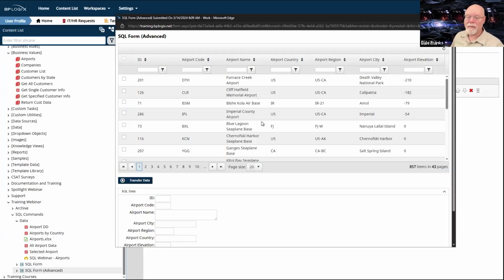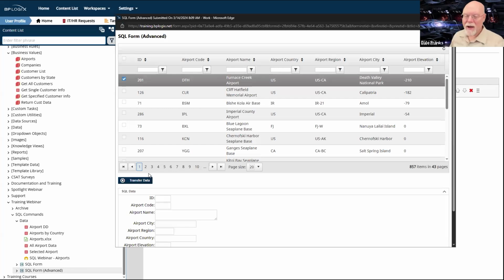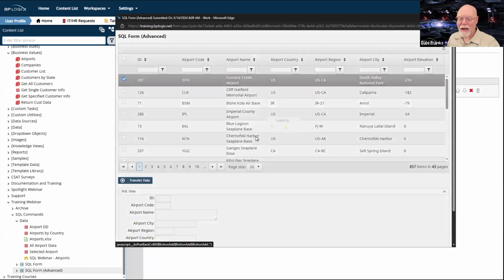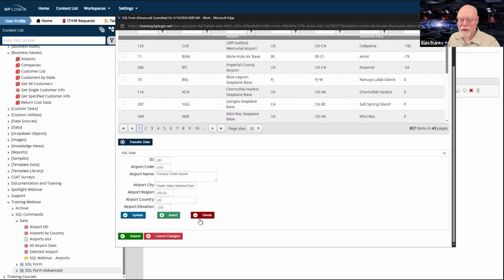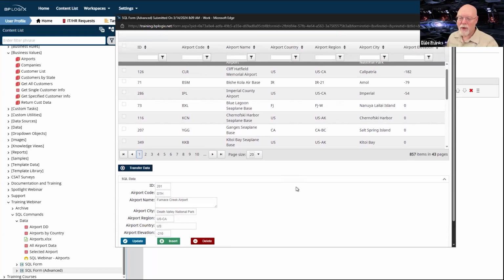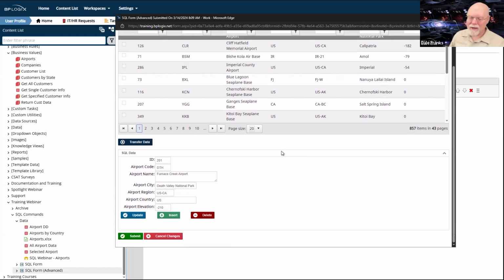I have data. And I've got a record here, Furnace Creek Airport. And we are going to go ahead and transfer that data down to our form here on the bottom. So there's all my stuff for Furnace Creek Airport, in Death Valley National Park, which I suppose makes Furnace Creek a very apt name. Now, I'm going to want to update this record.